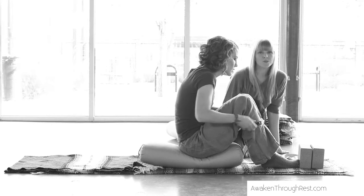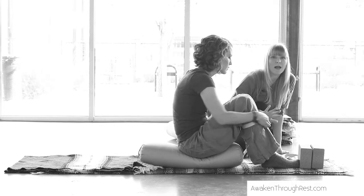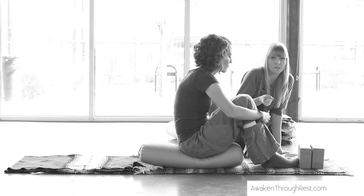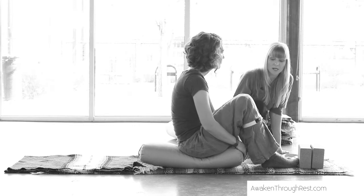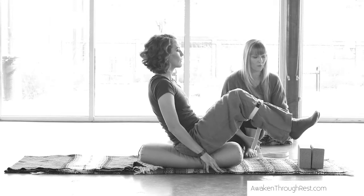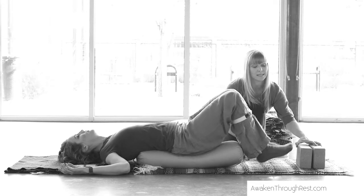So the idea in restorative yoga when we're doing this is that if we strap in the legs, then we can relax them more. If you feel like you're having to hold up your legs the whole time, it's going to be harder to relax. So once she's all snug, she's going to go ahead and come all the way back just like she did before. Good. And then arms come out, and then she's going to extend the legs